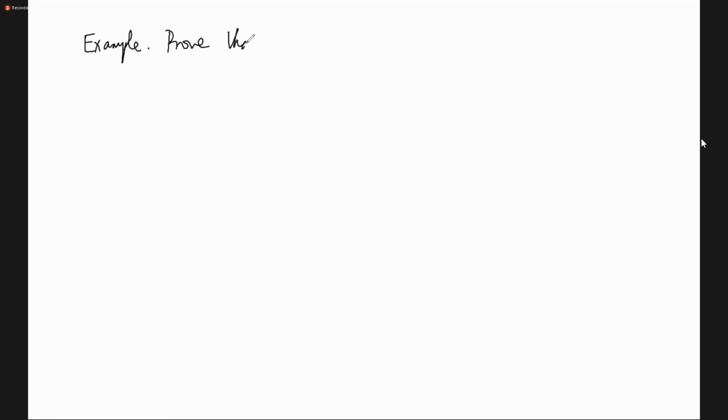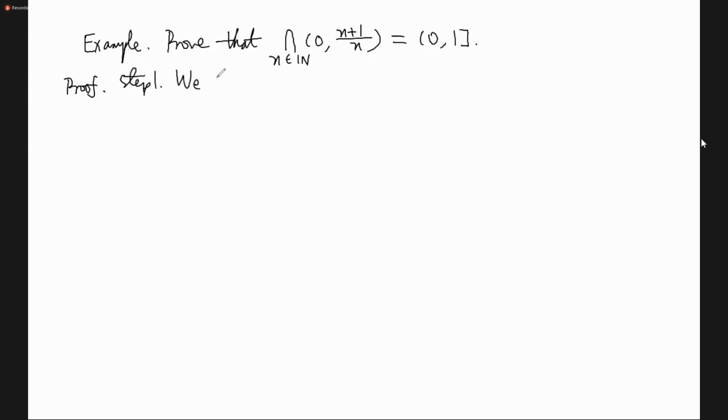So prove that the intersection of the intervals (0, (n+1)/n) over n is equal to (0, 1], with 1 included. Okay, again, we need to follow two steps. So step 1, we show that